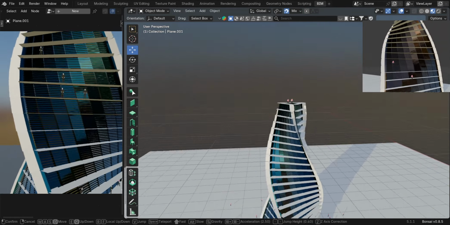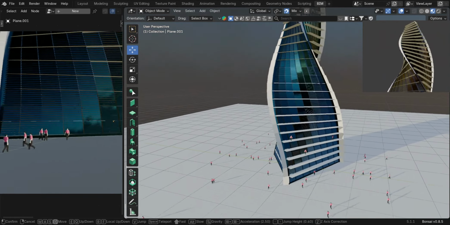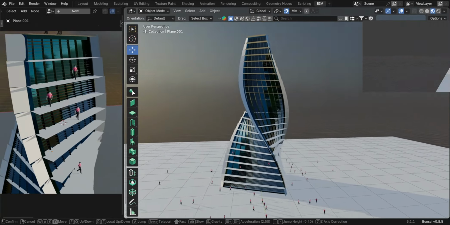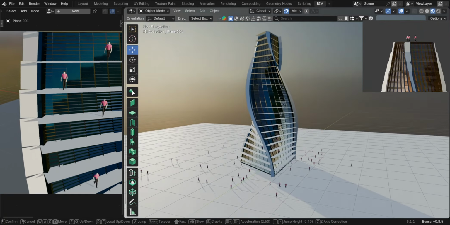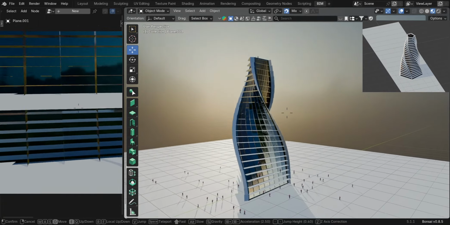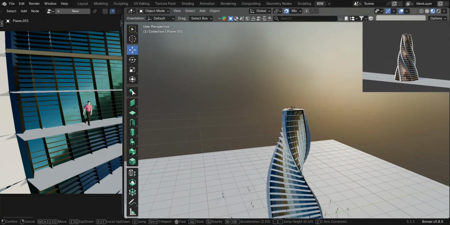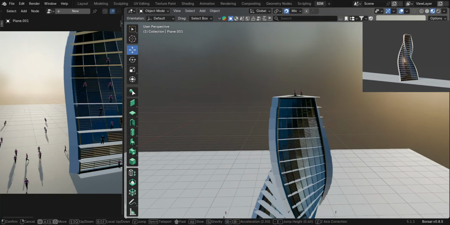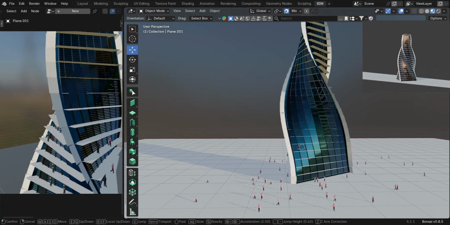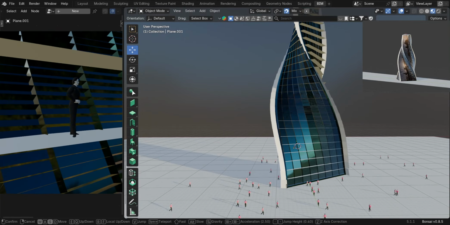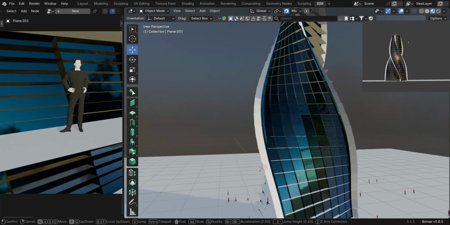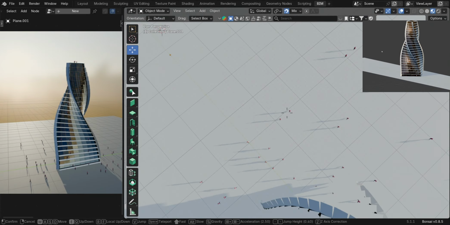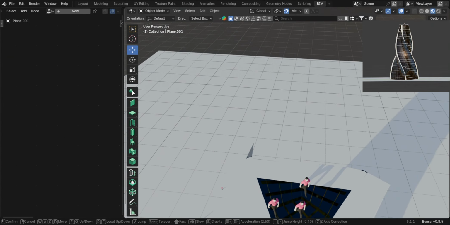In this tutorial, I'm gonna show you exactly how I build these twisting tower prototypes in Blender using geometry nodes. If you're new to geometry nodes, don't stress. It's gonna be a beginner-friendly step-by-step walkthrough, so you will understand what each and every node does, why it's there in the first place, and which role it plays to modify the geometry that we're working on in a 3D viewport. By the end, you'll have an understanding of how the node tree works and how it modifies the geometry we'll be working on. Let's get into it.